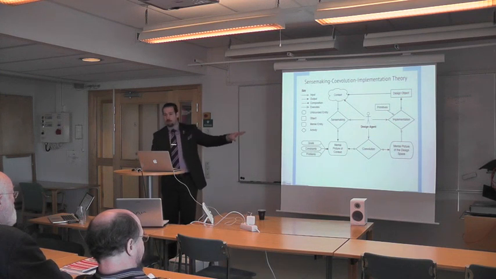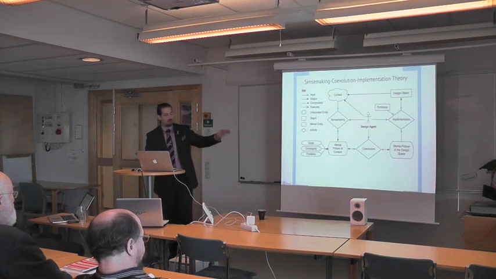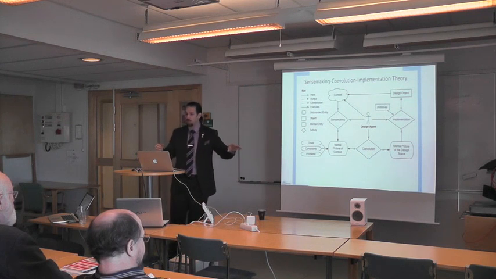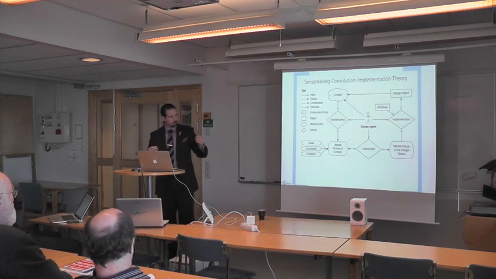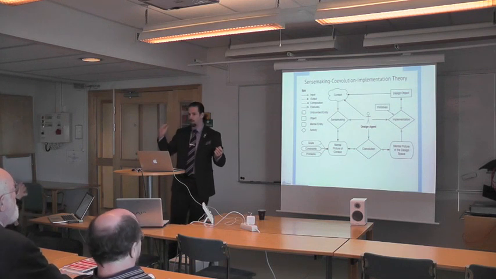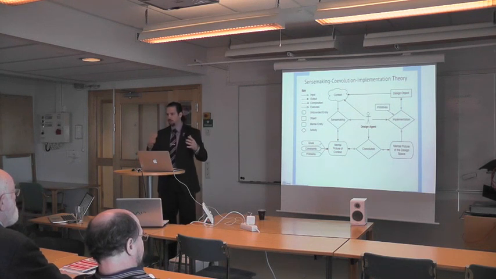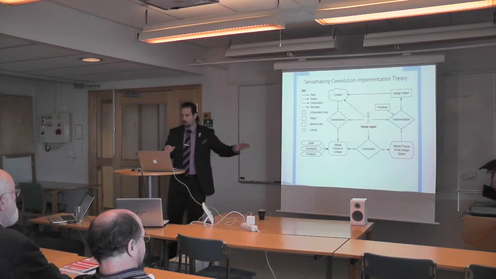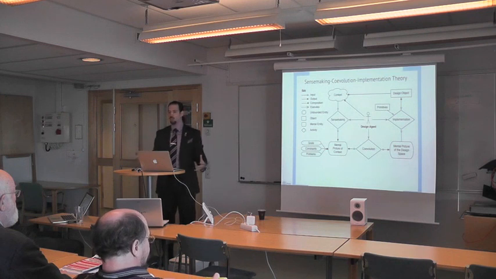This is a theory for explanation in Gregor's taxonomy of different kinds of theories mentioned by Per yesterday. It exhibits teleological causality. Pontus mentioned teleology yesterday. Teleological refers to an agent, refers to actions by an agent. So invariance theories, where we have a bunch of antecedents that contribute to a dependent variable, we have probabilistic causality. If these things are true, it increases the probability of something. This is a different kind of causality. Teleological causality is where you have an independent agent who can take actions in the world.